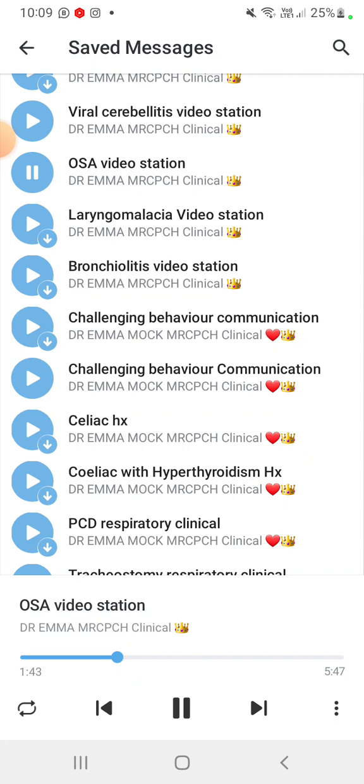So what history do we ask in an obstructive sleep apnea patient? Yes, onset, course, and duration, increasing factor, aggravating factor, relieving factor, number of attacks, and the sleep pattern. Is there any nocturnal enuresis present or not? Any behavioral abnormality, school problem, weight gain, any developmental issue, any history of recurrent ear problem?